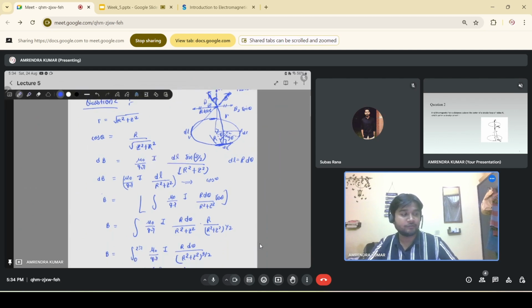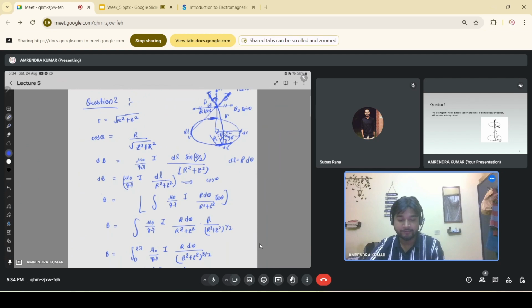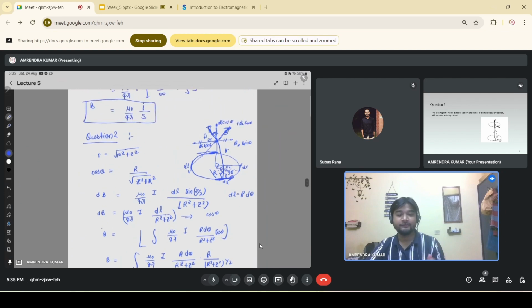Then after that we can also solve for this other element here, but they are opposite in direction. The magnetic field at this point, the sine component of that field will be opposite to each other, and the cos theta component will be in one direction, and they वो उसको हम जोड़ लेंगे।